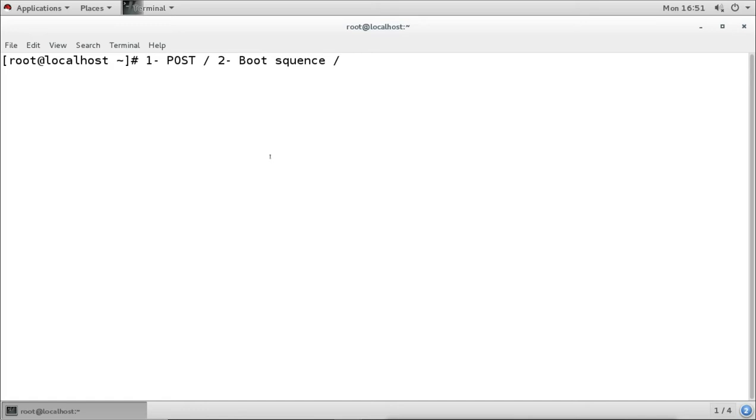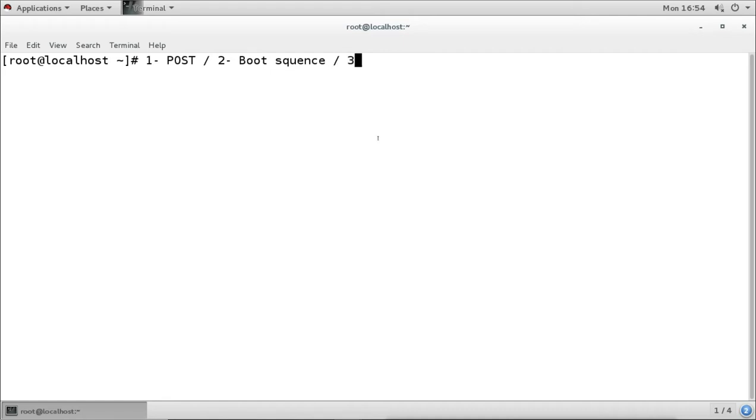For example, we have installed the system in our hard disk, so it will go to our hard disk and boot from it. If we want to install the system, then we set our first boot device as CD/DVD. Once it is installed on the hard disk, we select the first boot device as the hard disk, so it will start from the hard disk.